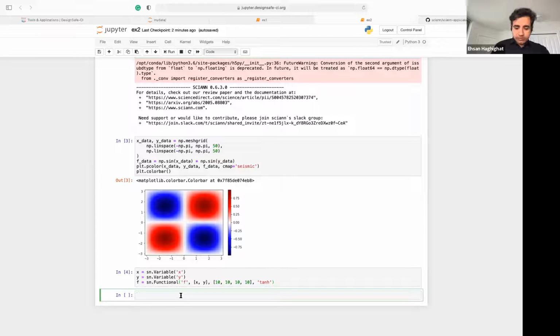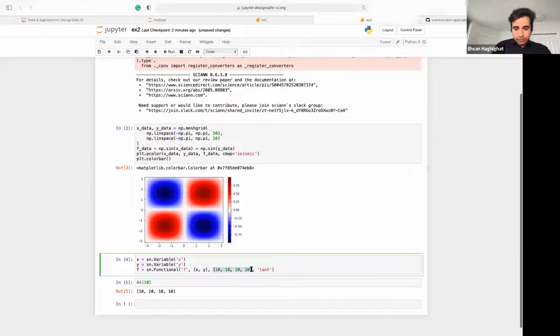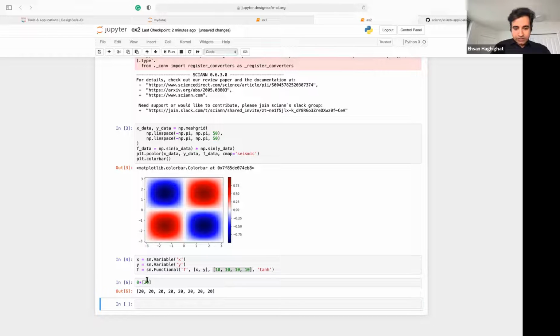Just one Python notation. If you put 4 times, for example, a list of 10, it replicates the list, so the output is this. That's the right format, but a lot of times I simplify it into, I don't know, 8 times 20, and that really generates such a list for us automatically. Okay, so that's the